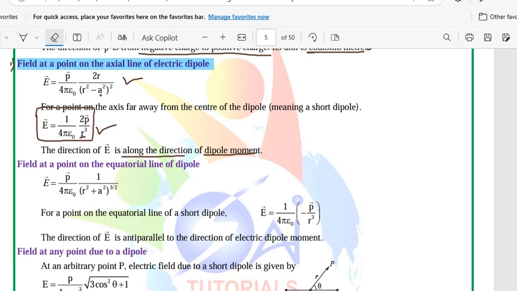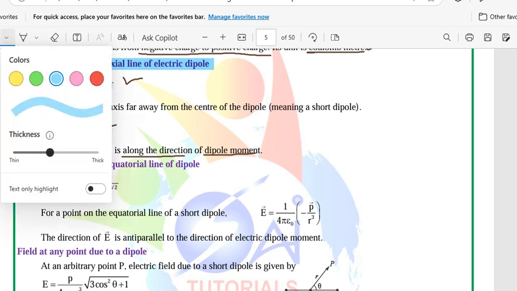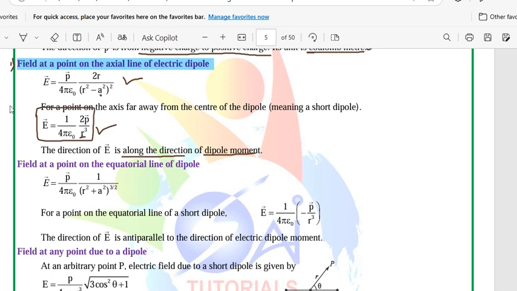So, first thing that you got it, I hope so. And the second thing is